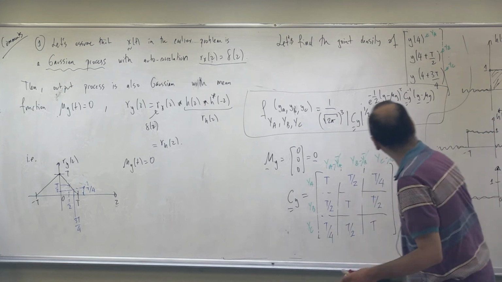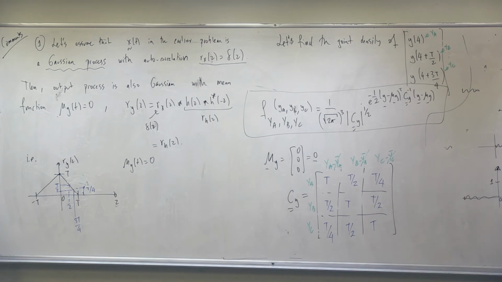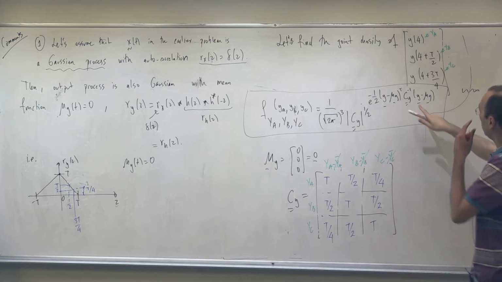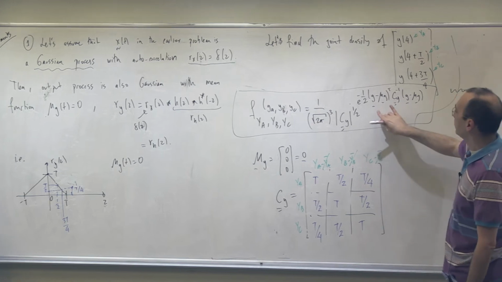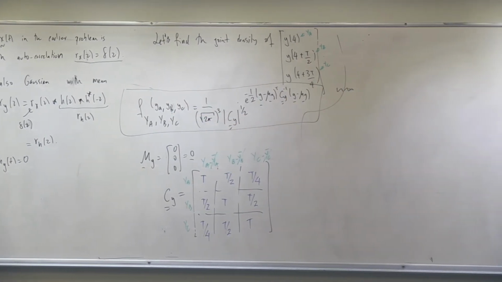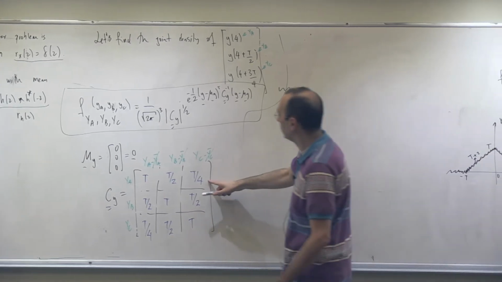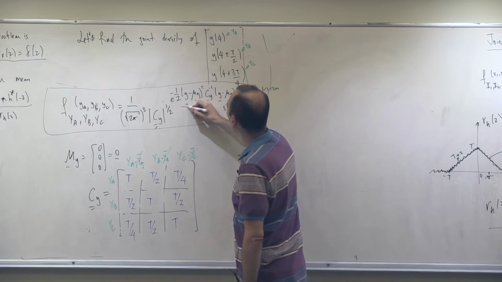Previously, in the earlier example, this covariance matrix was a diagonal matrix. And we made a comment that if this matrix is diagonal, then the random variables are independent because they are Gaussian distributed. Please remember that. Right now it's not diagonal. So if I this time focus on this part of this matrix,